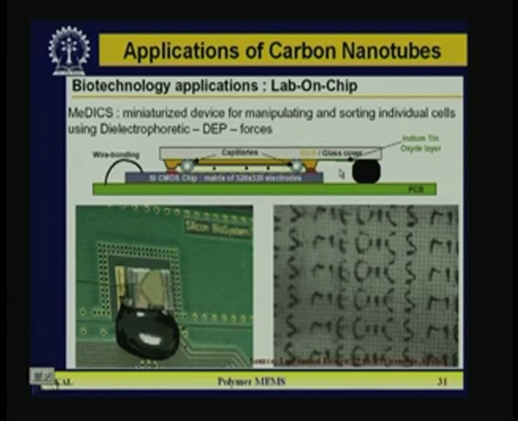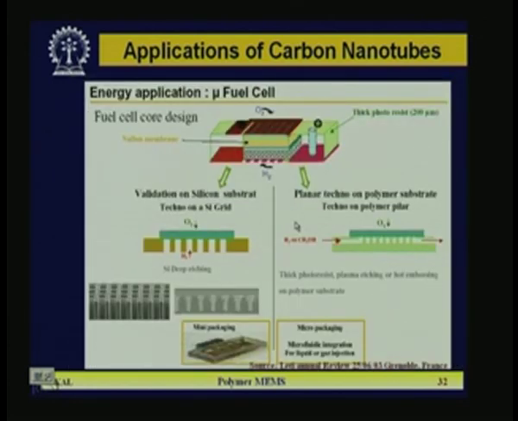So here SU8 is used, CNTs are used, and bottom silicon CMOS chips are used, with a lot of capillary microfluidics. Basically, it is a combination, I can say, a hybridization approach. The silicon, polymer, CNT, SU8 and some other materials are used for getting the lab on a chip application. Some of the photographs shown have been taken from the latest annual report, Grenoble, France. They are working in this area, and the other application I will show you at the end, that is energy application,